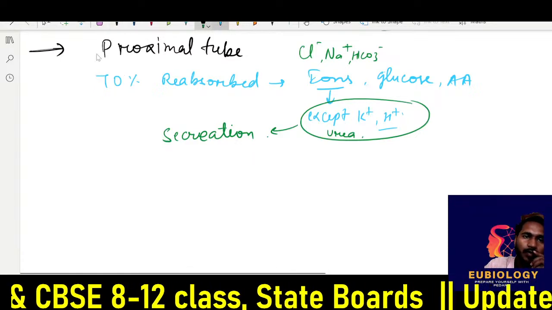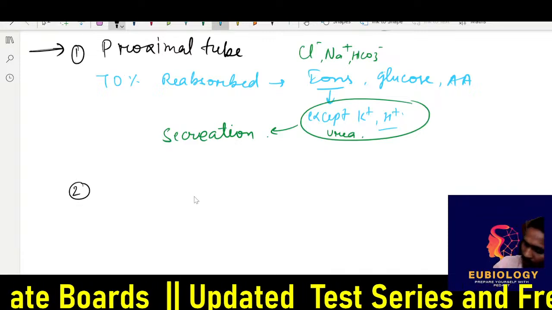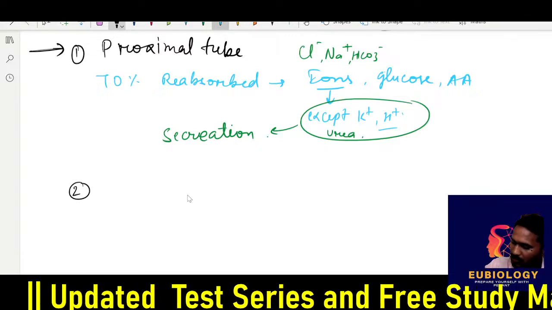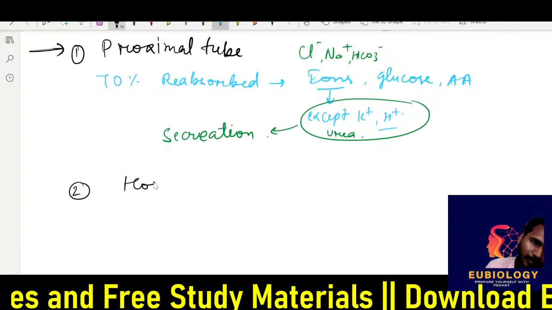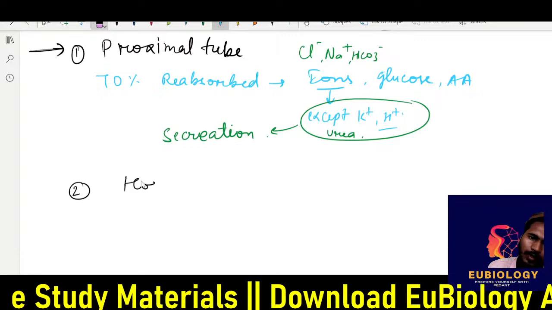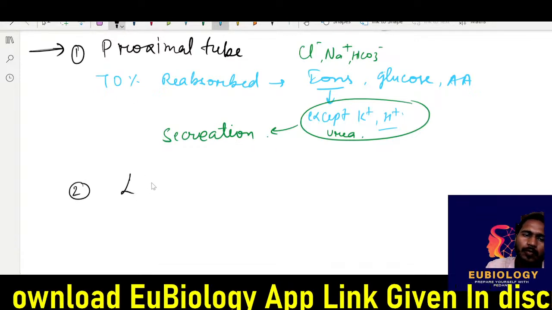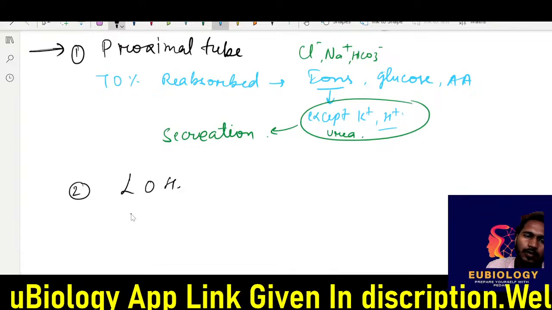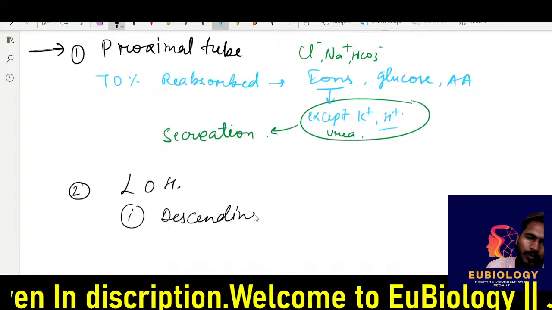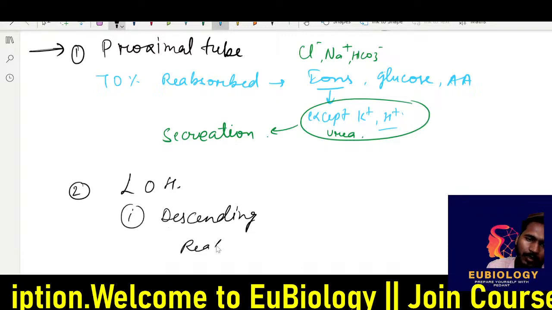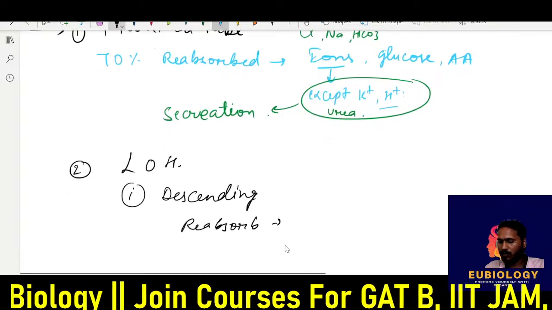Then, first is the proximal tubule. Then the loop of Henle. Loop of Henle is divided into ascending and descending. Okay, so this is the loop of Henle. So first is the descending loop. Okay. So the descending loop will only reabsorb